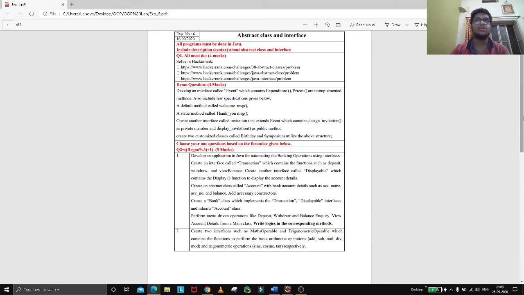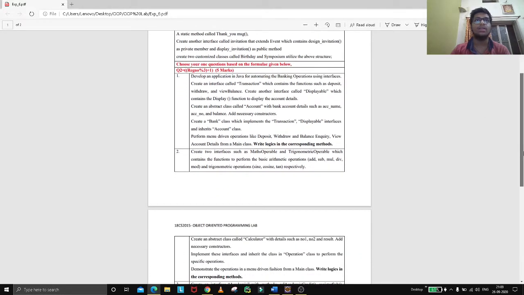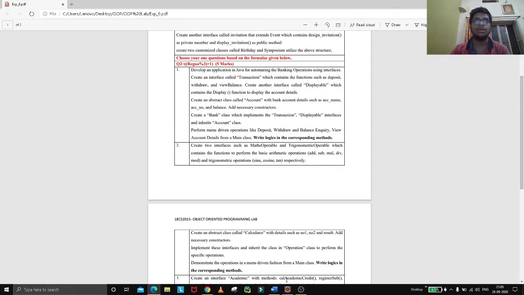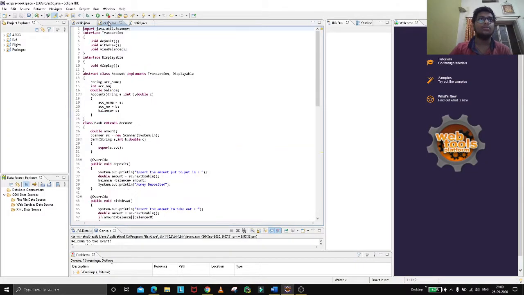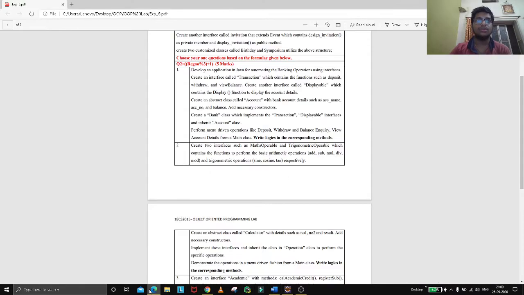The next question is for the register number question, that is, my register number goes to the first question. So here I need to develop a Java application for banking operations.